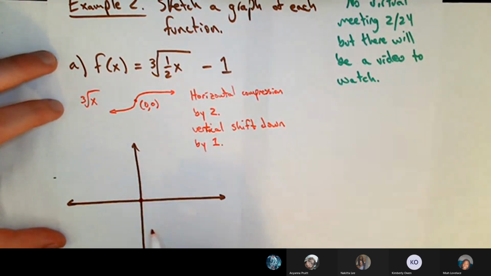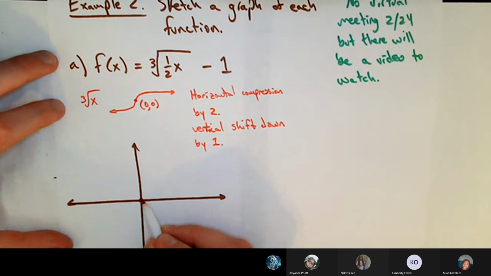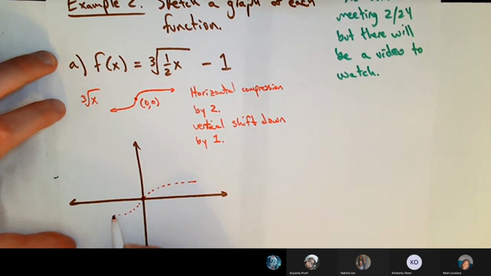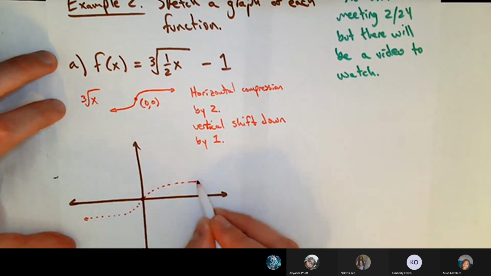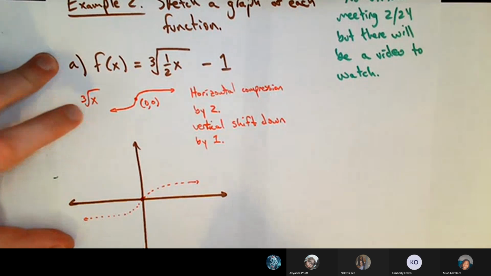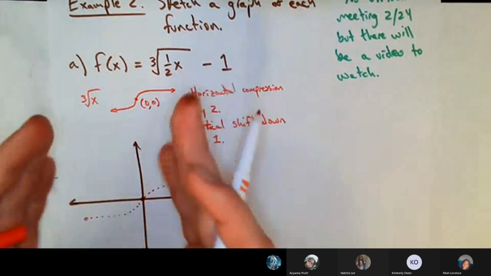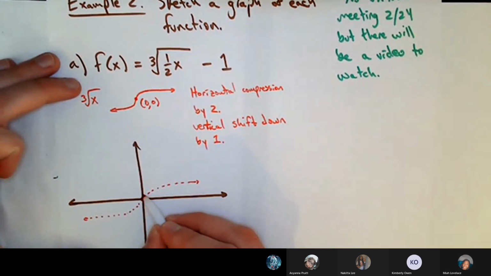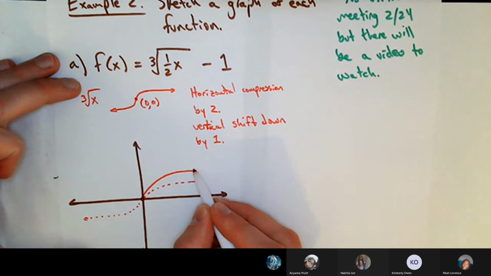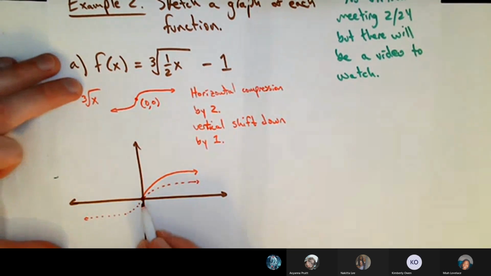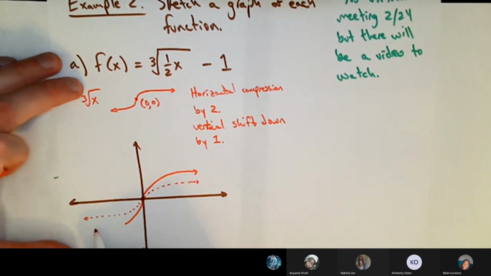So that's going to take this graph, which still goes through 0, 0. And instead of it being like this kind of shape, like here, I'll draw the base graph as a dotted line here. So that's like this just cube root of x thing. It's going to be compressed. It's going to be more like this in that direction